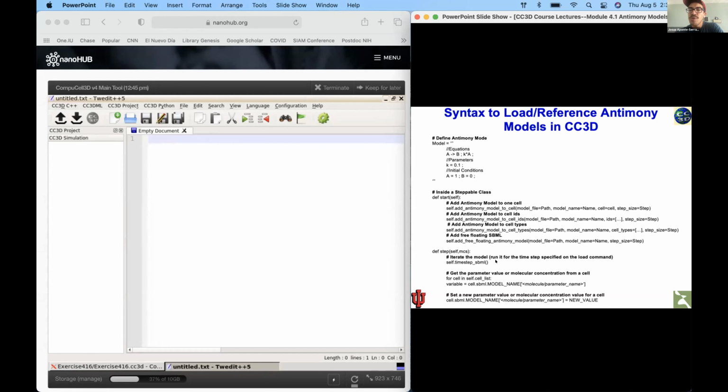And then we always have to time step or call a special function to ensure that CompuCell integrates our antimony model. So this time step underscore SBML is always gonna be required in all of the simulations that involve an antimony model or any type of SBML